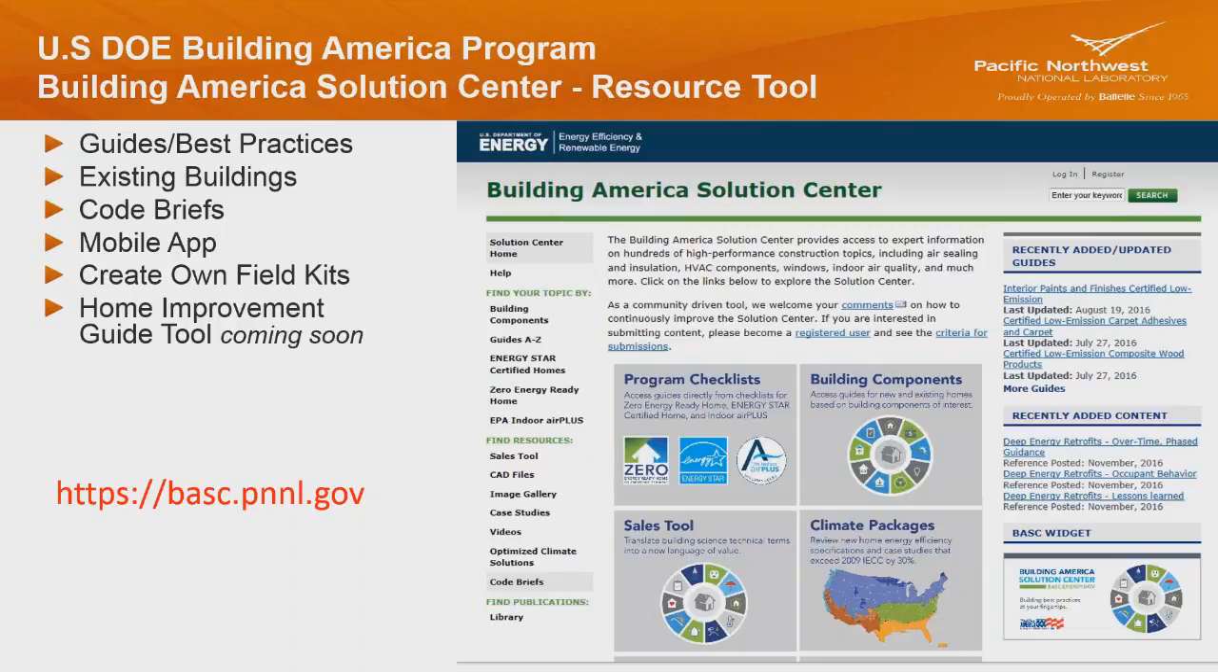And plus I add stuff to it. I write some of the code briefs, or a lot of the code briefs. But anyway, they're adding a new feature for existing buildings. And it's going to come maybe in May, and right now it's called the Home Improvement Guide Tool. So look for that. Keep that in mind, because there's going to be a lot of provisions for existing buildings,